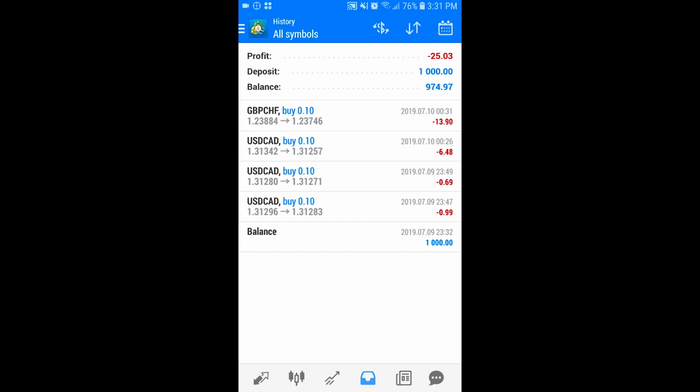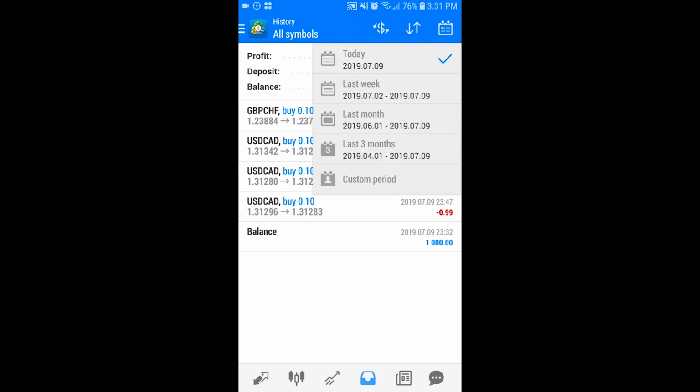When you're on this tab, you actually have the ability to organize your account history in a few different ways. If you press the top right button, the one that looks like a calendar, you can select which period of time you want it to show. Since this account has only been open today, there's only use in showing today's, but if you have an account that's been open for longer, go ahead and check out the last week, last month, last 3 months, or even